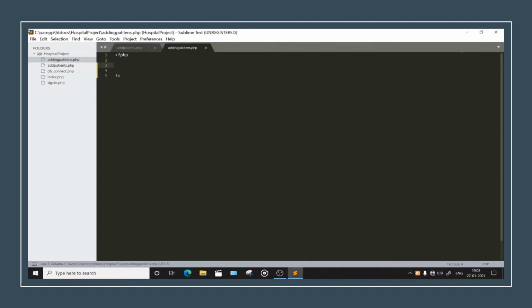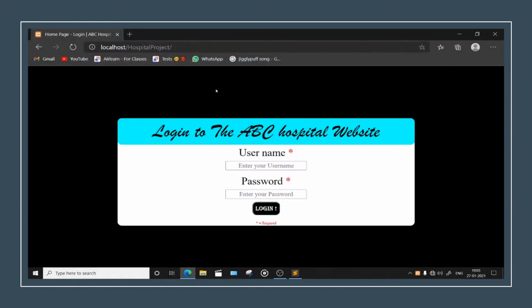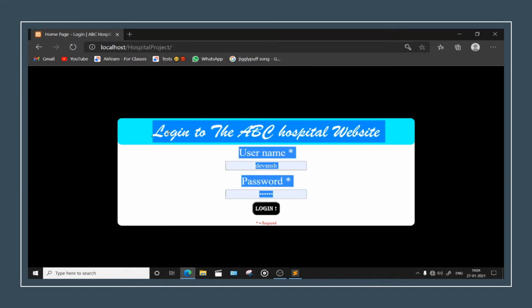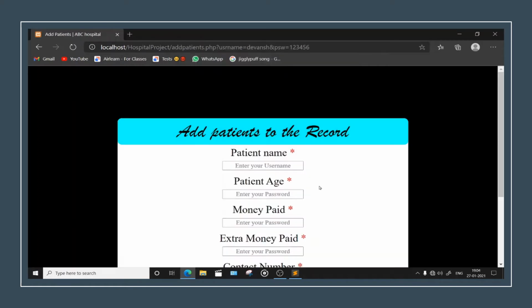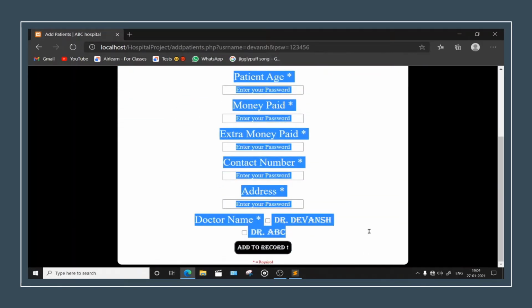Now we will head down to our website and have a brief introduction of what we have done till now. We have done this login sign up thing. It's a very common PHP project, and you will find a lot of different designs on YouTube. You can just check out YouTube login sign up page using PHP, and you will get around millions of videos, right?